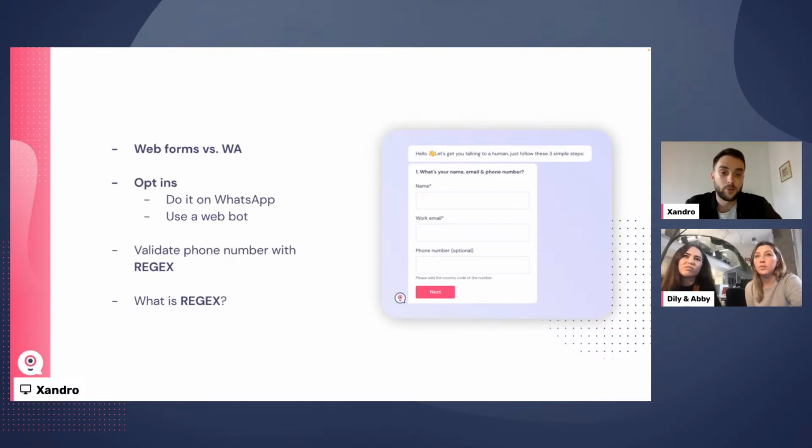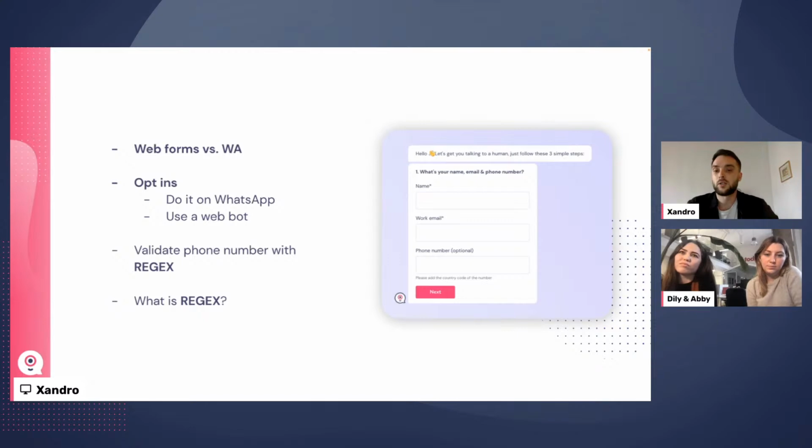Phone calls, for example, are a great way to engage with customers, but a lot of people nowadays don't like speaking on the phone and would rather chat with someone in written form. I'm not saying stop using forms or web bots, because they do work very well, but instead offer to move the communication from web to WhatsApp, where the users feel more comfortable. So you can use a hybrid of both.